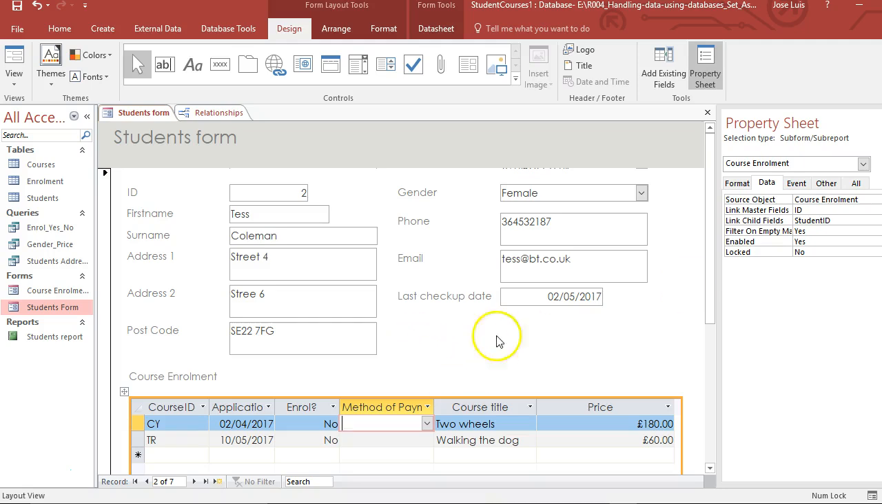Next tutorial, I'm going to show you how to add a few buttons in here to navigate through the forms, to print the forms, and